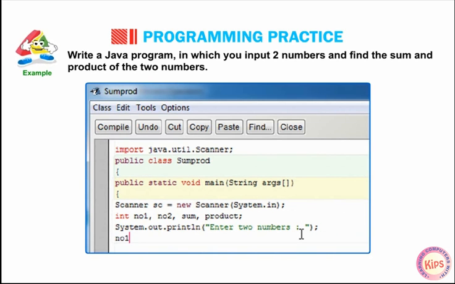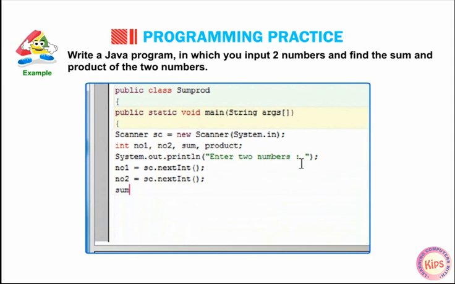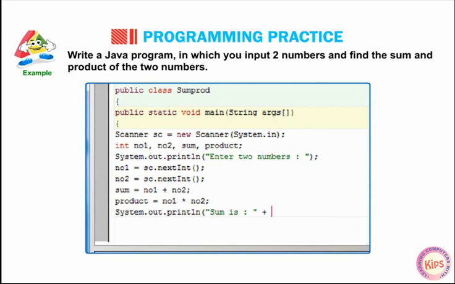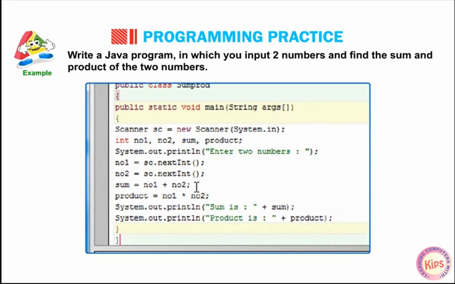number1 = sc.nextInt(); number2 = sc.nextInt(); sum = number1 + number2; product = number1 * number2; System.out.println("Sum is:" + sum); System.out.println("Product is:" + product); } }